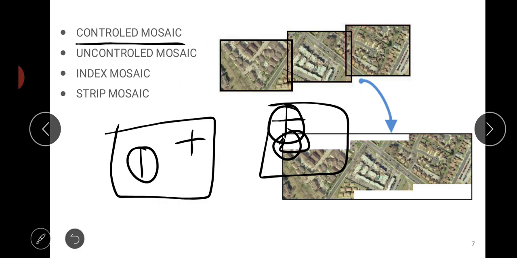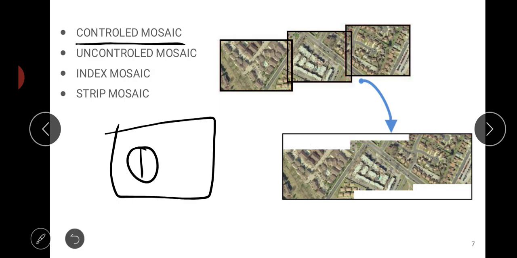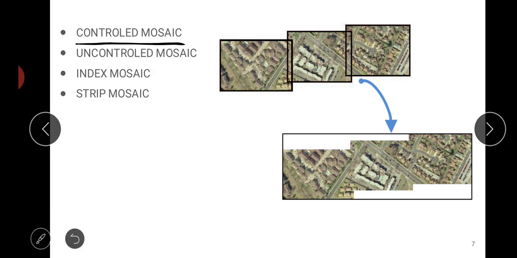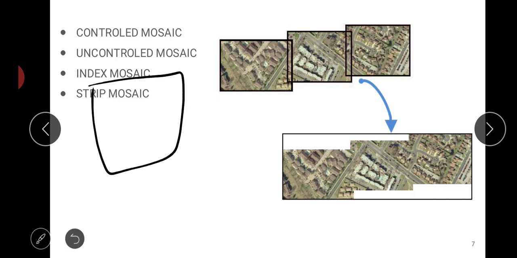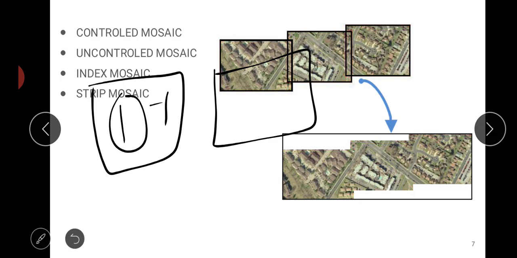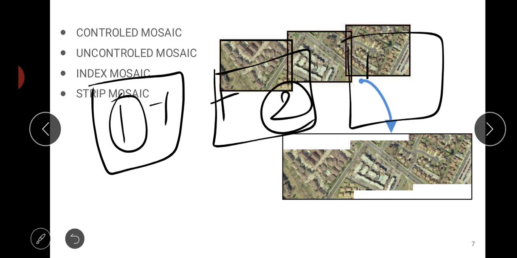In uncontrolled mosaicing, what happens? The assembly is done without any plotted control. That is, if this is the ground control point of the first image, this is the ground control point of the second image, and similarly the third image's ground control point will be present. How do we arrange these?